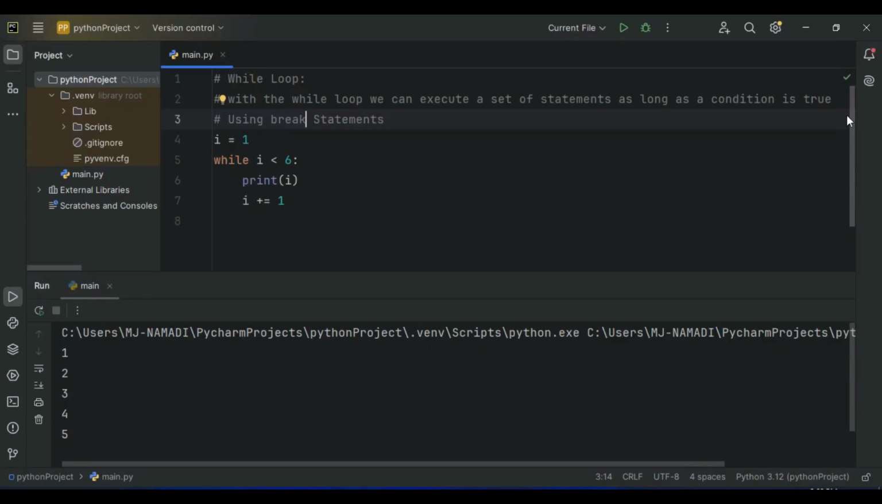So let me show you how we can stop our while loop even when the condition evaluates to true. For example, let's say we wanted to exit the loop when I is 3. Let's see how we can achieve that. Let's come over here. After our print statement, we're going to use the if statement. We're going to say if I is equals to 3, colon,